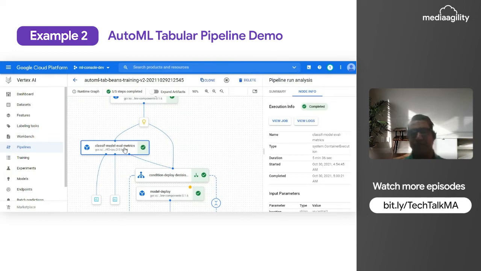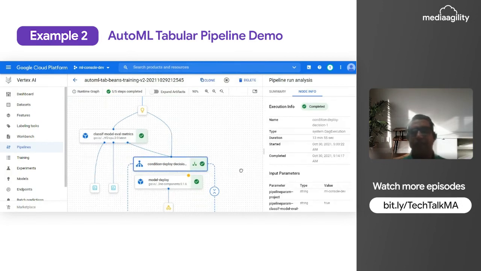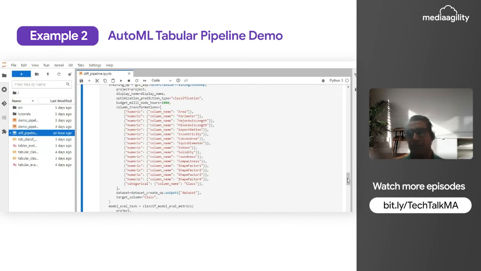This is a custom component that has been created by us. It will make sure that it is passing all the criteria like AUC ROC and precision that is needed for the model. And now, after deciding the conditional deployment, whether it is passing the criteria or not, if it is passing the criteria, we are going to deploy the model to an endpoint. And this is the code in support of that.